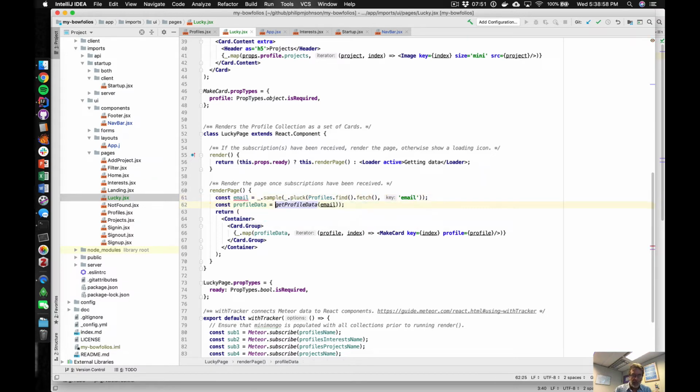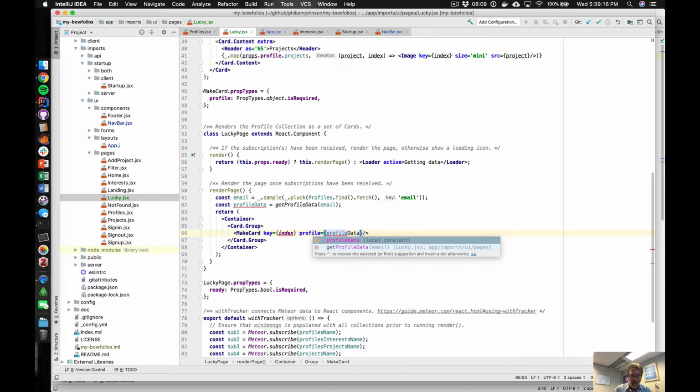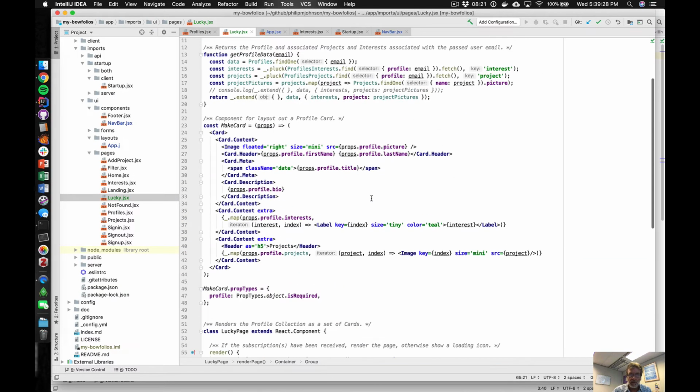So now we just get the profile data associated with that email, and then we just make the card associated with that email. We don't have to do any crazy stuff. And in fact, we don't even need a key because we just have one of these things. Okay, so given that, we've got the